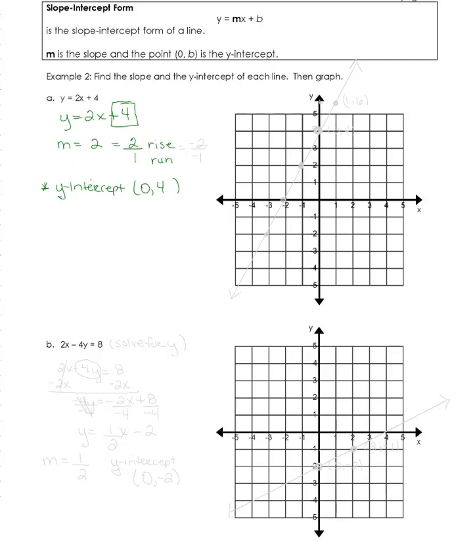So, we have everything that we need. 2 points is all you need to make a line. We have the first point by the y-intercept. We're going to use the slope to find the second point. Okay? So, and I think I may not have enough